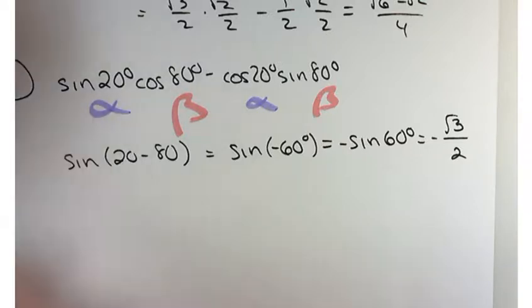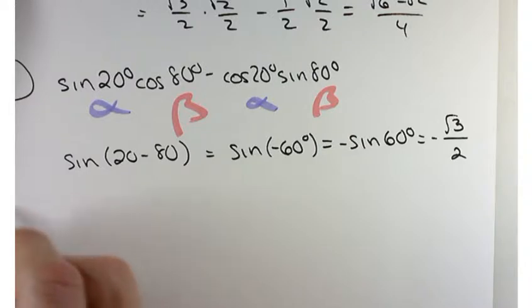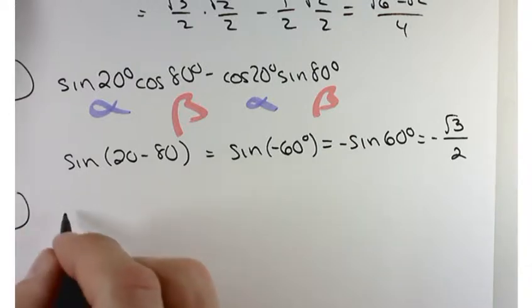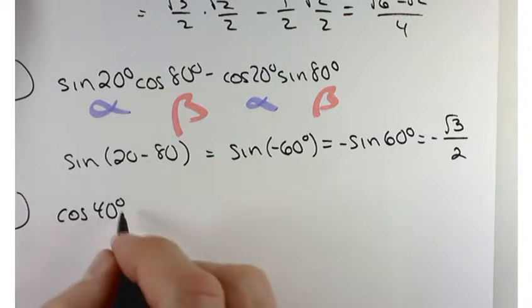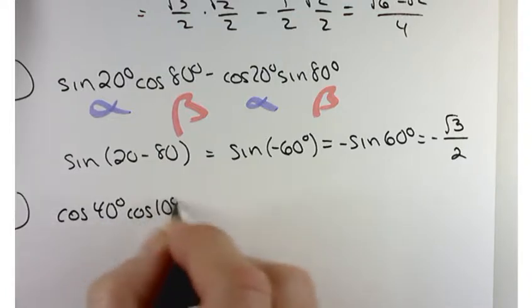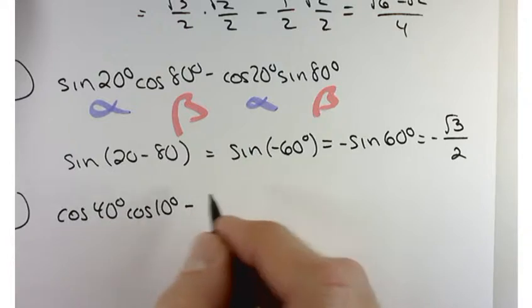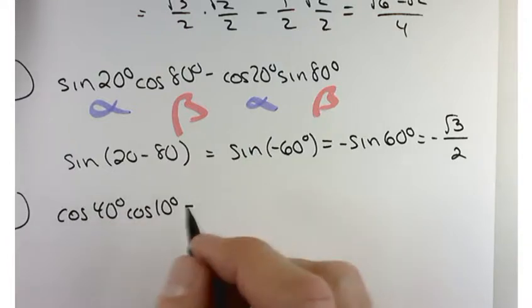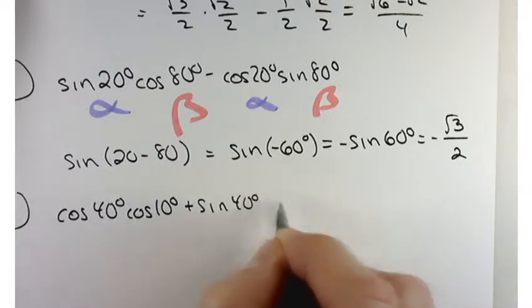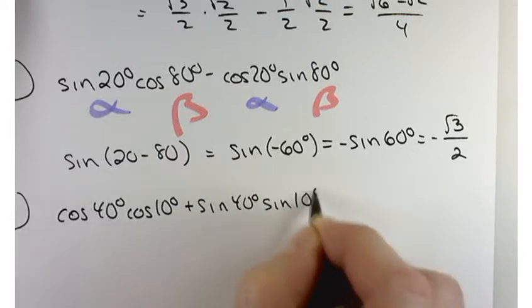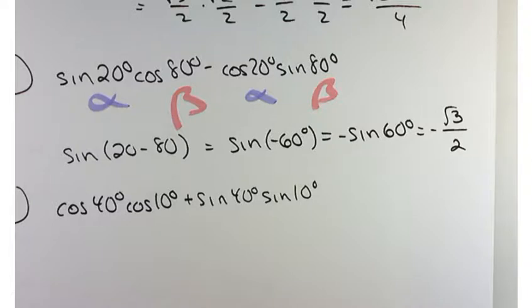Why don't you try problem number 26? Cosine of 40 degrees times a cosine of 10 degrees plus a sine of 40 degrees times a sine of 10 degrees. So similar to the last one,